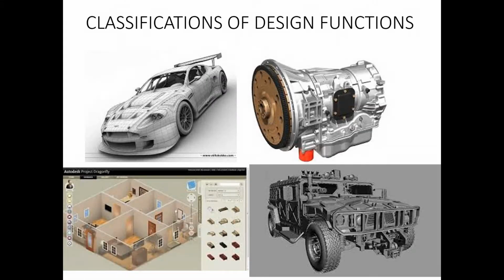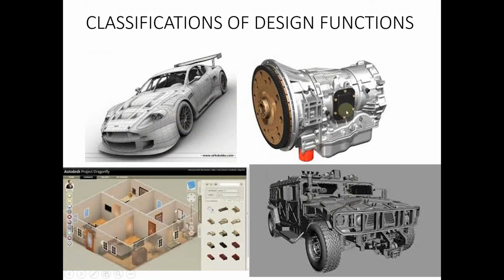So here in these pictures, you can see different vehicles, a car and a Hummer, a Jeep. This is the modeling phase where we create the three-dimensional model of that vehicle. After creating the model, we take it to another software, and here you can see certain lines, so that is known as meshing. So we analyze each of these small areas in detail. All the engineering analysis related to the development of this product will be analyzed.